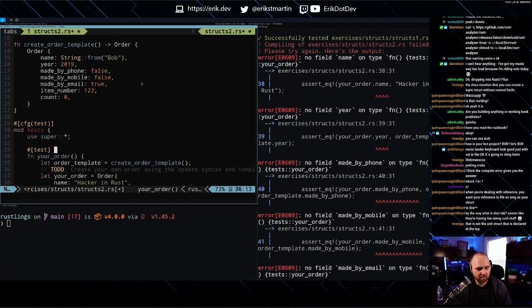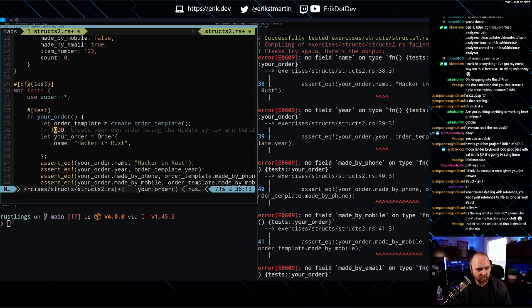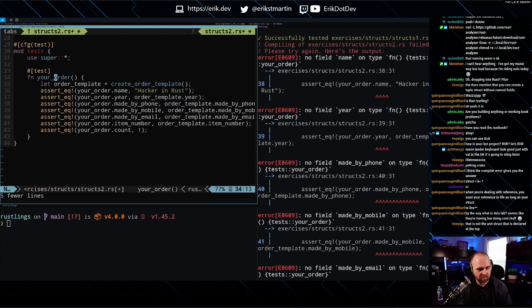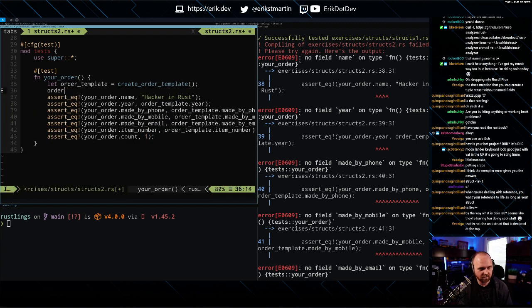Oh, wait a second. So this has this original order. So we're just updating the fields then. So we would just have order template dot name equal hacker in Rust.